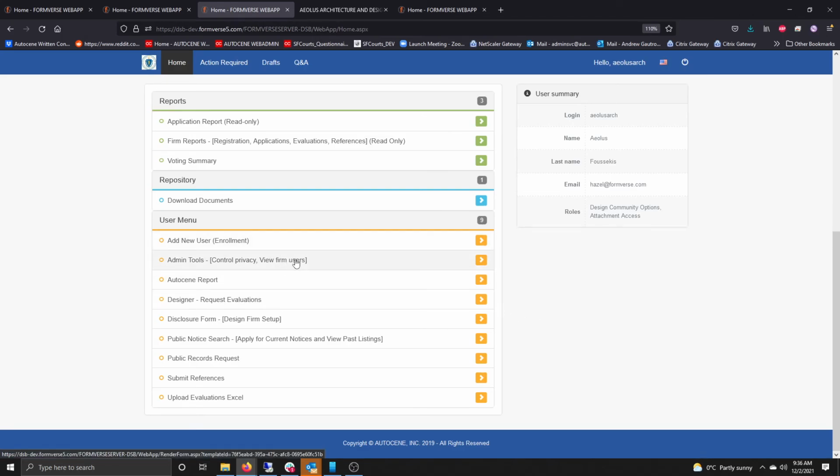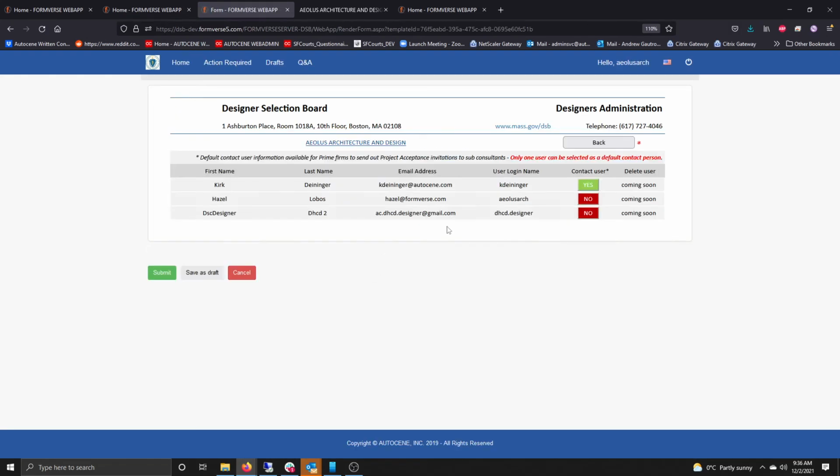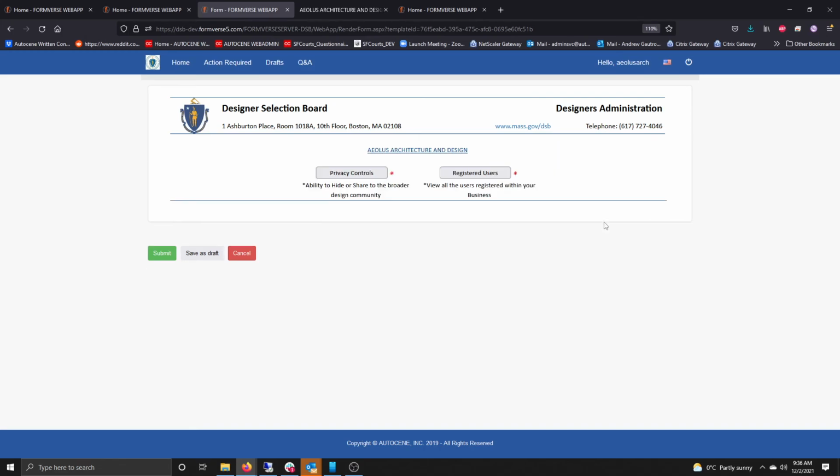Last thing that I want to talk about is administration tools. There's different levels of tools throughout at least this solution. From a firm level here, there's privacy controls, there's user controls as well. So you can control users that are inside your organization. Again, we talk about that profiling, right? So the ability to have different hierarchies of profiles. There are also